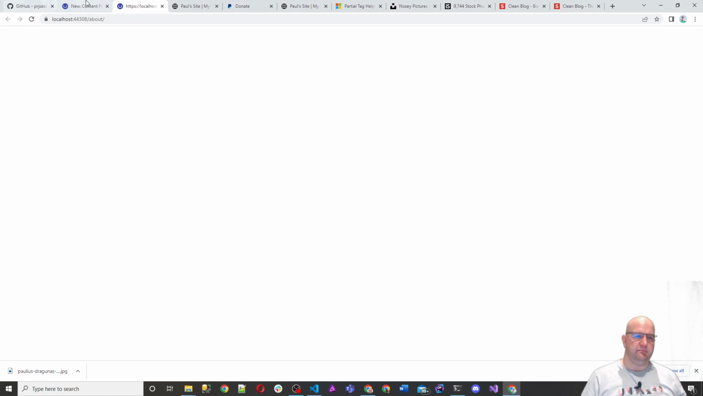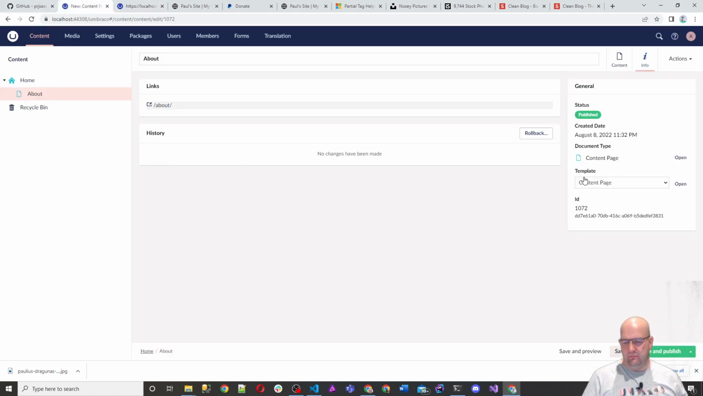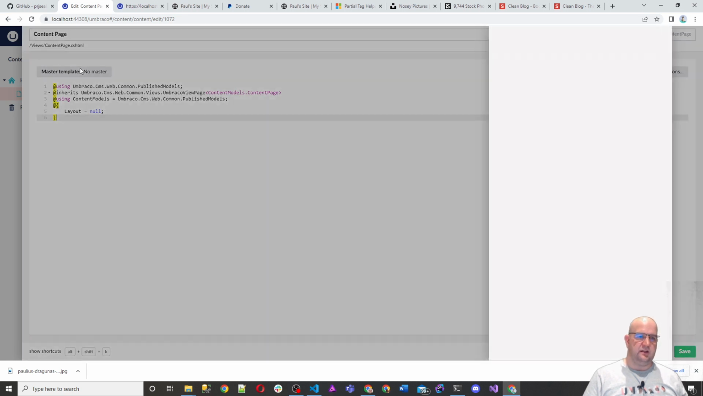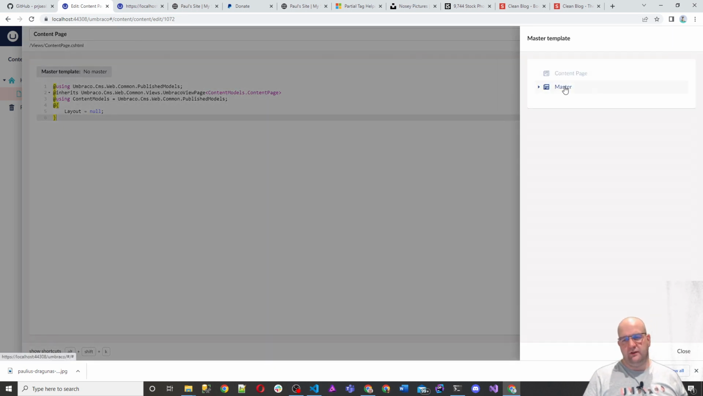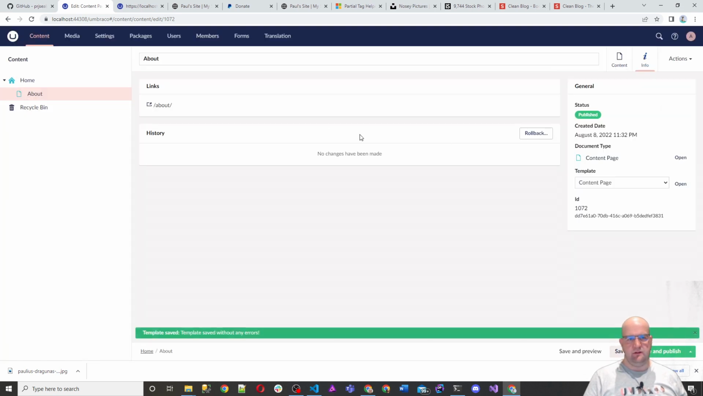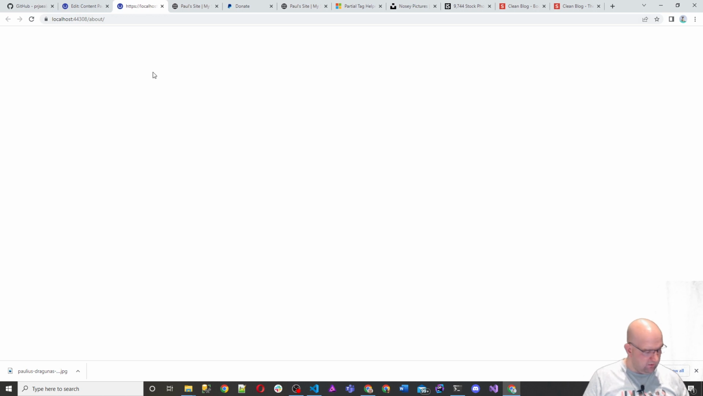So why is that? Well, let's have a look at the template. If you want to see what template it's using, you look on the info tab and you can see that the content page document type is using the template content page. Let's open that and we can see that it doesn't inherit from the master template. So what we can do is fix that by clicking on that button there and then choosing master and then save. And now if we reload the about page,